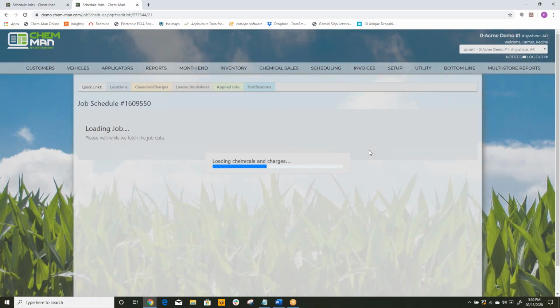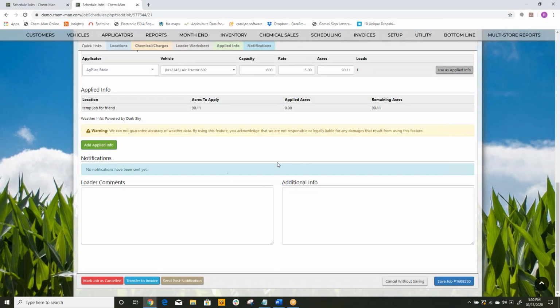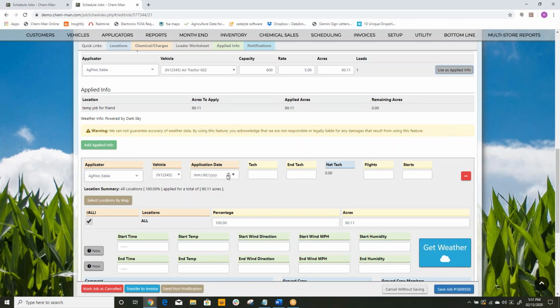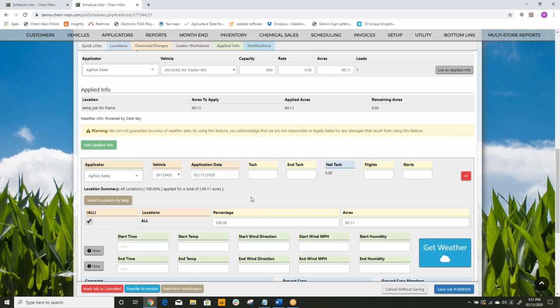So if I click edit there, and I go to my applied info, I want to clear something up on the applied info. If I use as applied info, it's basically using whatever is on this loader sheet. So I click on that, and it brings up Eddie automatically. I could put a date in there, it defaults to all the fields, but if I only have one field on this particular one,